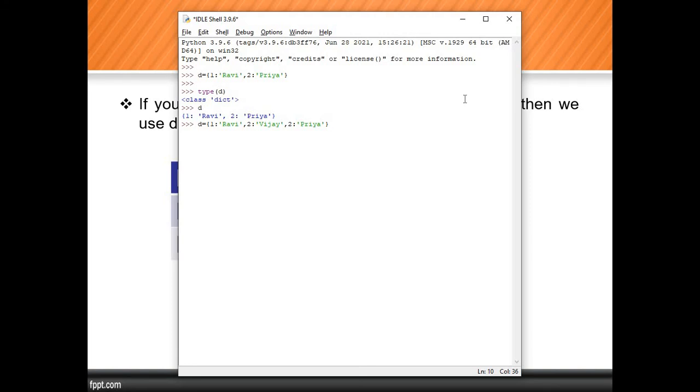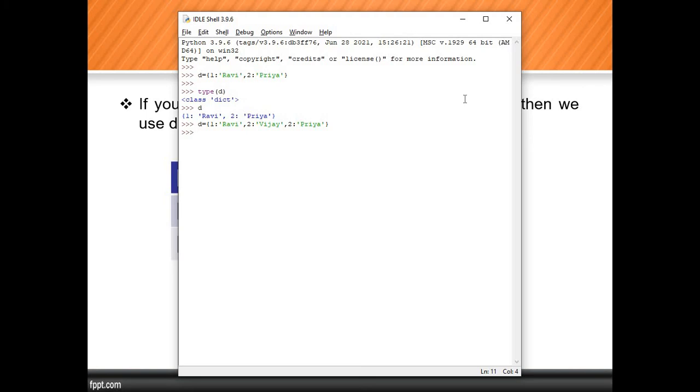Sir, value error. Value error. So the answer is we did not get any error. Okay. So ये interview में question पूछा. Then how we can say that the duplicate values are not allowed in key? If we are making a statement duplicates value are not allowed in a key, then we did not get any error. See, we did not get any error.